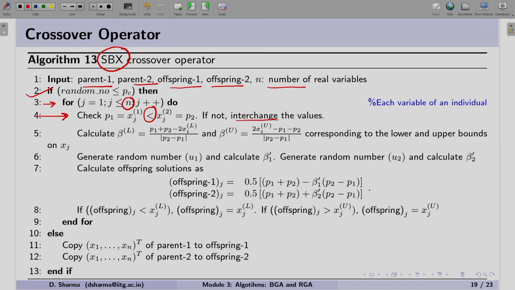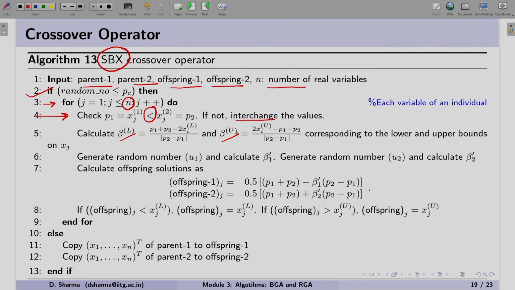Once it is done, we calculate beta L and beta U. This SBX operator is the same operator which we discussed for bounded variables. Because we have lower and upper bounds, we want our SBX operator to generate the value in between. So the same set of equations is used here to find the offspring.